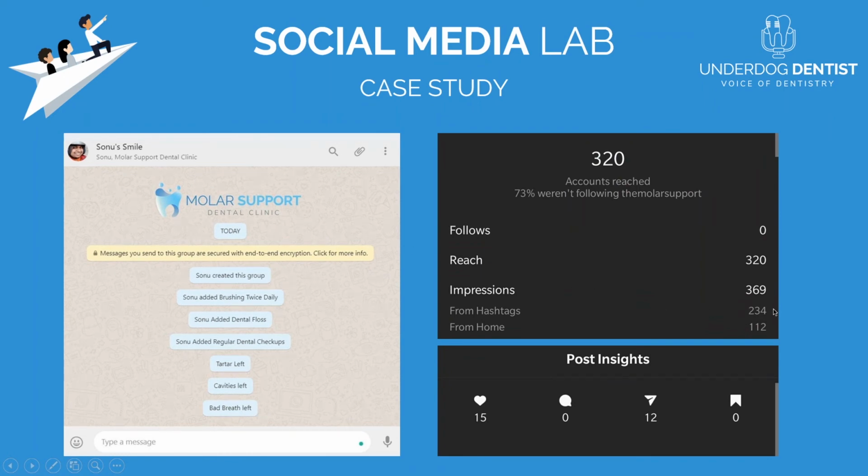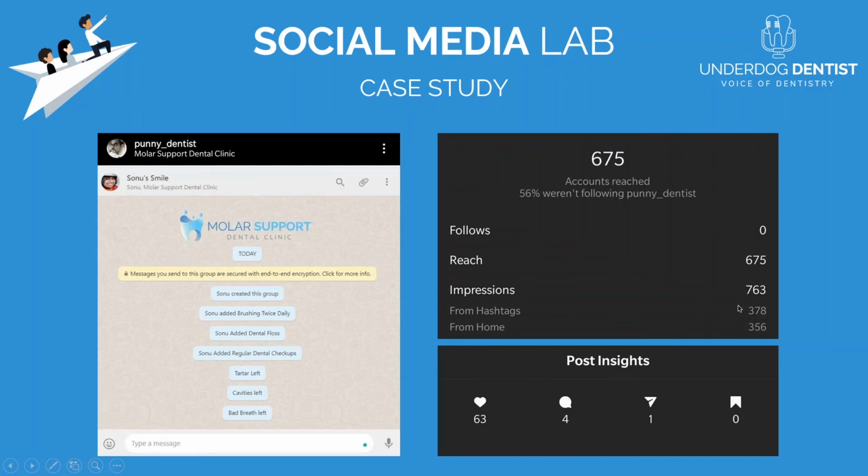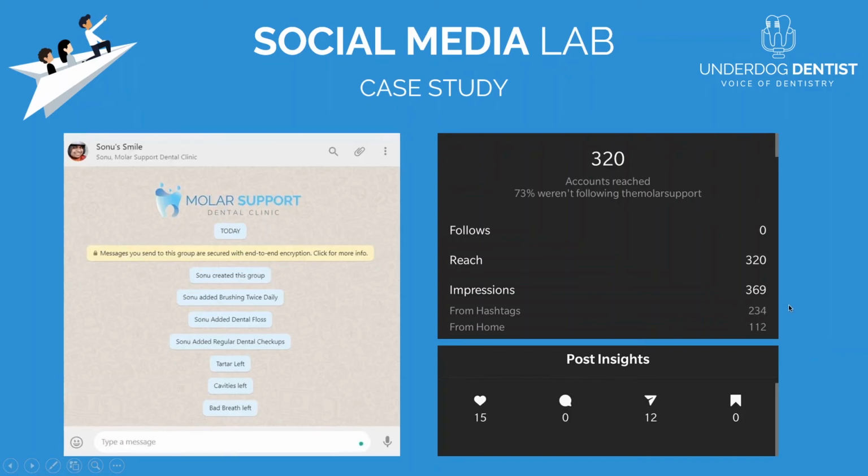From hashtags, we received only 234 impressions. So 378 versus 234, same hashtags, all the hashtags were the same, posted at the same time, from the same IP address, the same location, and the same parent ID.